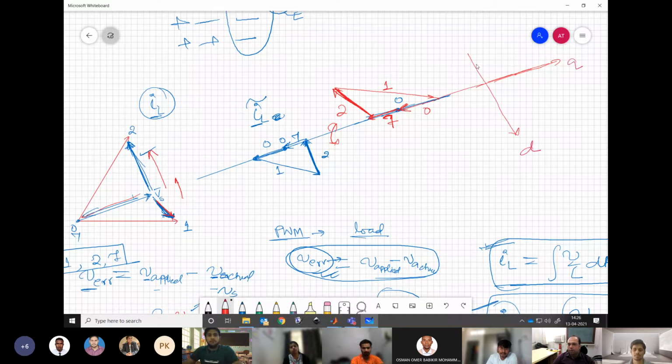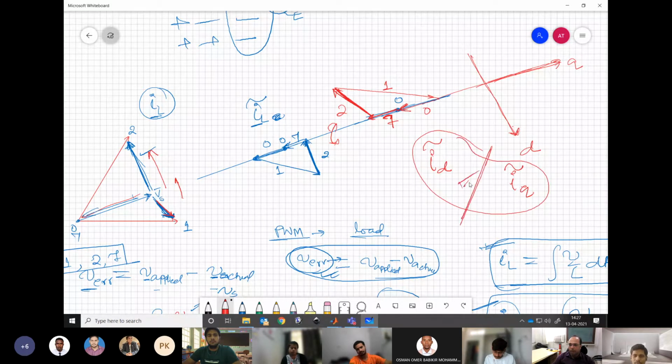So if you overlap your Q axis with the voltage vector, that is the general convention. I will explain later on why. But this is the general convention. If you keep your D and Q axis like this, then you can actually tell what is the ripple on the D axis current and what is the ripple on the Q axis current. Understanding my point? Now, why this is important, D axis and Q axis ripple, we will see in a short while.